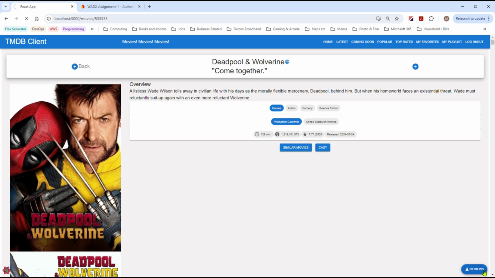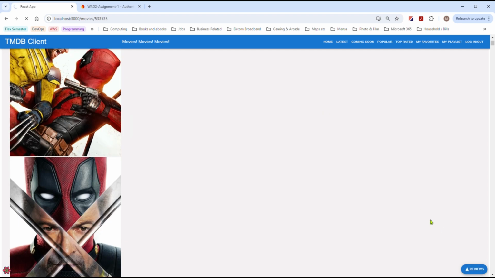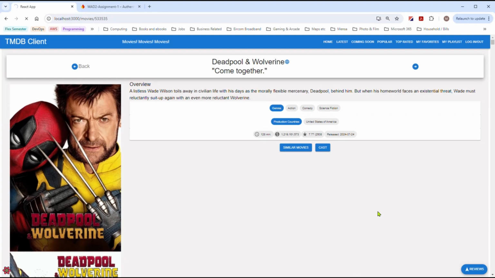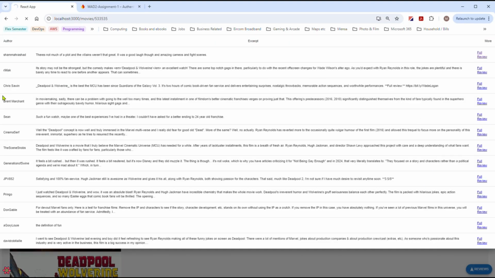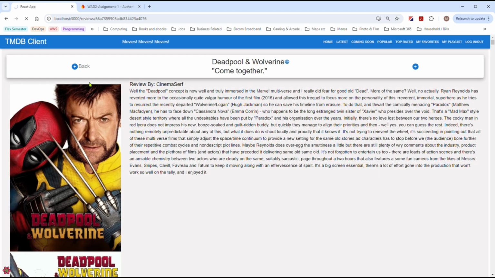In the bottom right corner we have the floating reviews button, which stays there no matter how much you scroll the screen. So we can click that. We can see all the reviews that the database has for the movies, and we can pick one. Let's see who is anything. Anybody we recognize here? No. I'll just pick one. There's a review. We get to read it, and we can go back